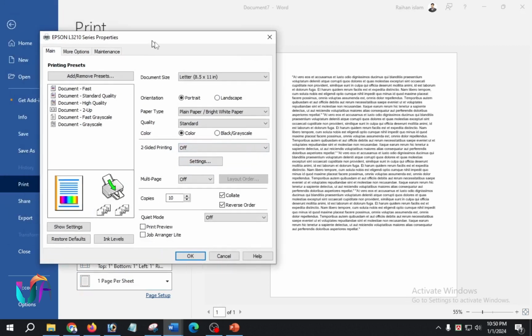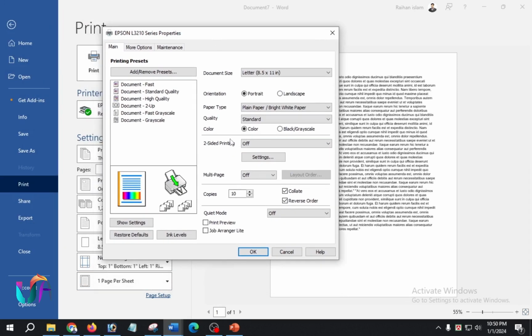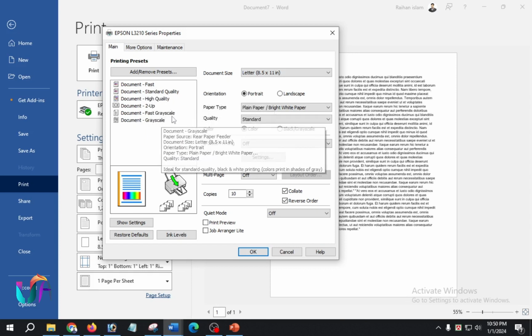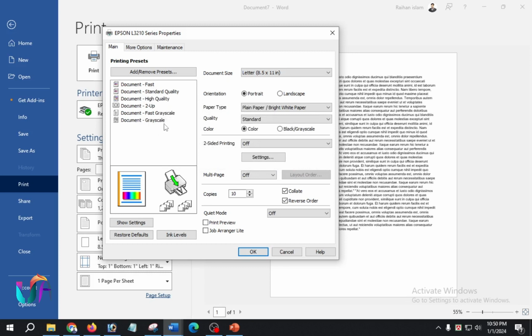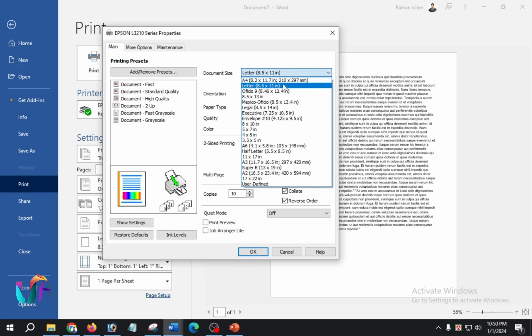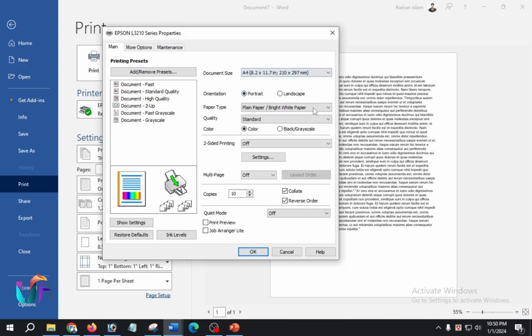This is a very important setting. The first option is the print quality: standard quality, high quality, and grayscale quality. The default is always standard quality. And this is the page size. It's always A4, and